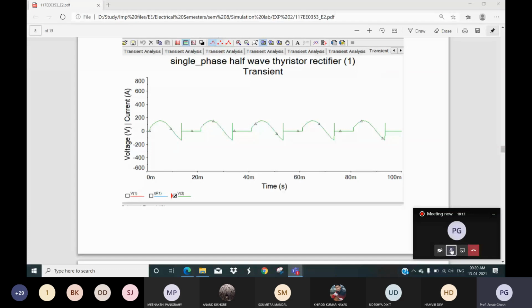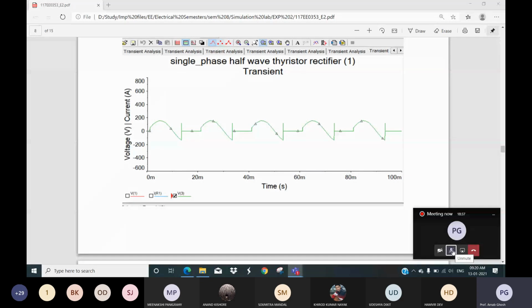At that value now you are changing the firing angle. Then what will be the changes? You can see it will be shifted like that. Then if it is more than 180 degree, what will be the output voltage? That is also one good study. In that way you can refurnish your report, and also study what kinds of changes you have observed here. Again you can get some of the logic behind why it is coming like that. So some discussion is also required.